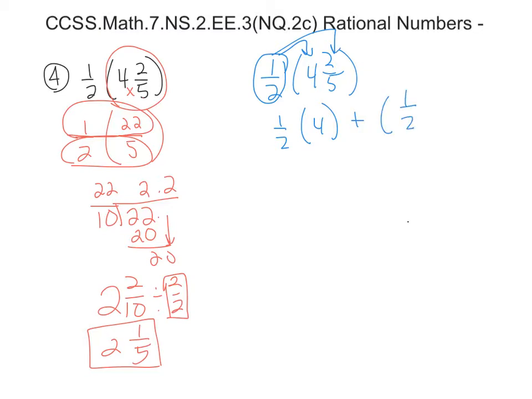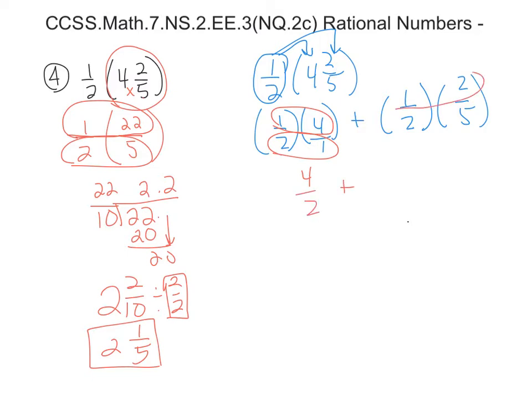1/2 times 2/5. We're actually distributing this, and these are all multiplication. So this make it magic fraction. 4 becomes 4 over 1, and multiply across, and we get 4 times 1 is 4, 2 times 1 is 2, plus multiply across 2 over 10. And if we simplify that, we get 2 2/10, which simplifies to 2